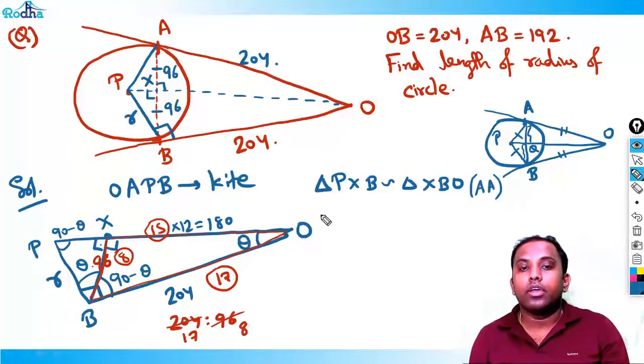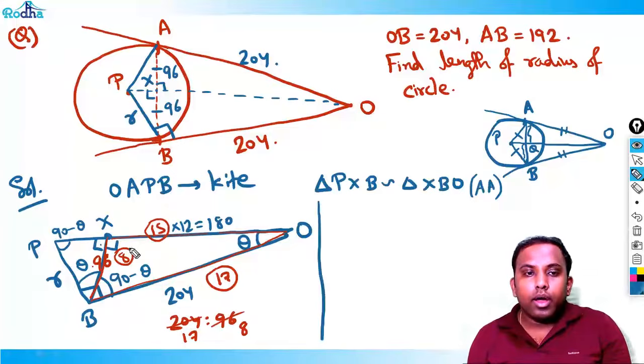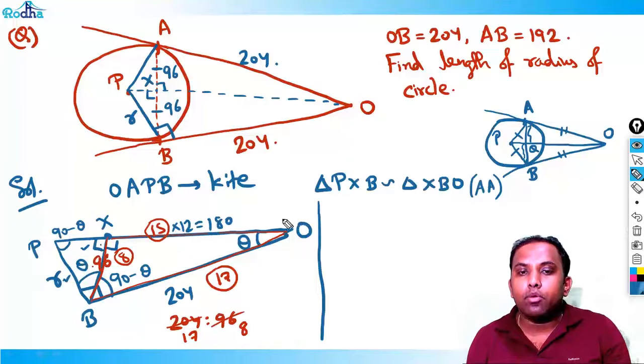17, 8. Now, if these two triangles are similar, take any angle. We need R here, so I'll pick 90. In triangle PXB, 90 opposite is R. In triangle XOB, 90 opposite is 204. So the ratio becomes R upon 204 is equal to